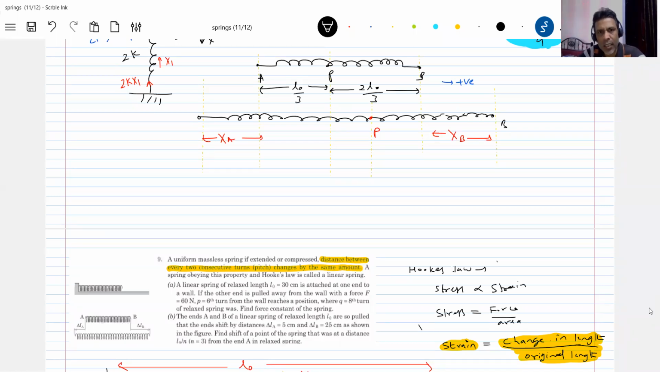Now, shall I put it like this? The strain in part PA should be equal to the strain in part PB. Again, the same property of spring. So I'll write it here. Strain in part PB is equal to